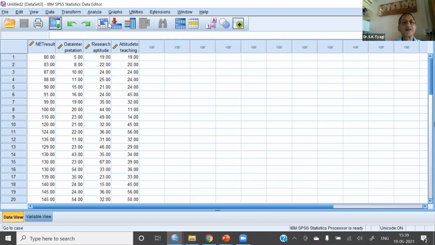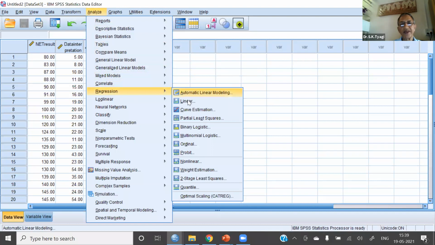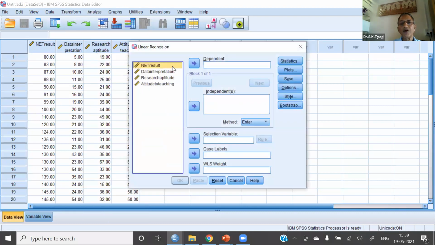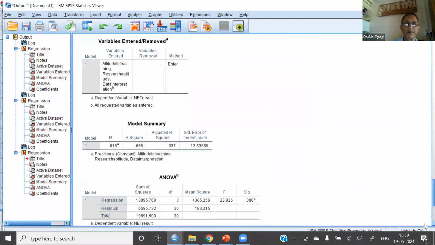Okay. So we first conduct multiple linear regression. There is no difference actually in the steps of simple and multiple linear regression. These are the same. So we go to regression, then linear. Now enter the dependent variable. Now in simple linear regression, the independent variable is just one, single. Here we have more than one, two or more than two. So we have three. So we select all these three and take them to independent variables and get the output by clicking OK. So we get three tables.